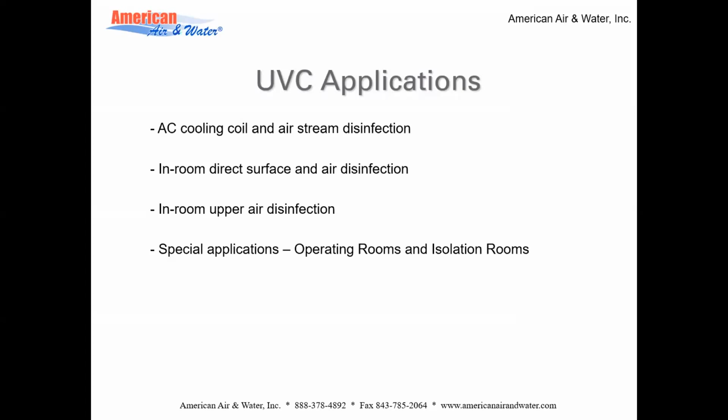Types of UV applications. There are many different types of UV applications, but for the types of facilities that you mainly work in, there are two main ones. UV lights for installation inside the AC systems for cooling coils and airstream disinfection is one of the main types, and the other is